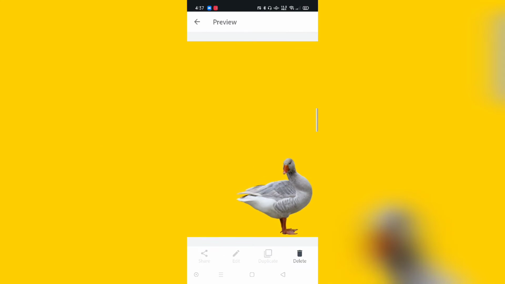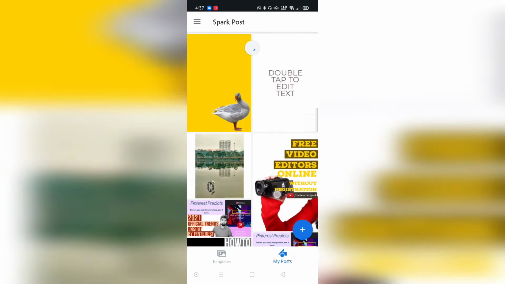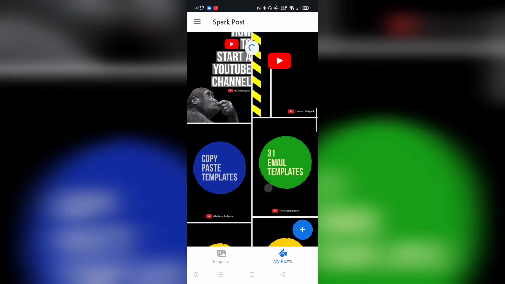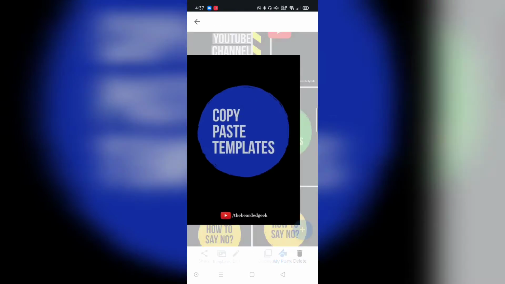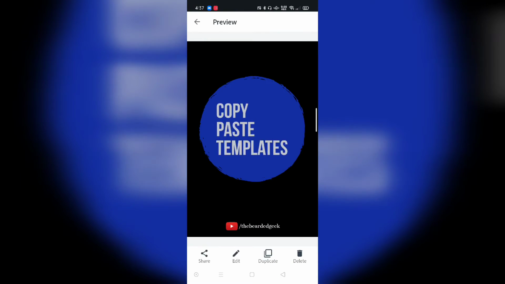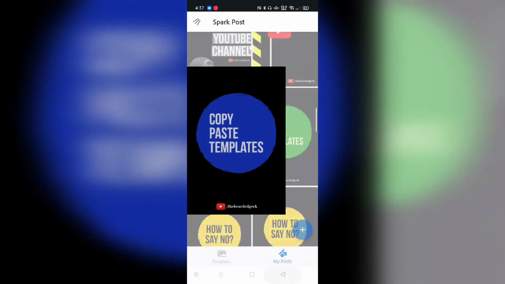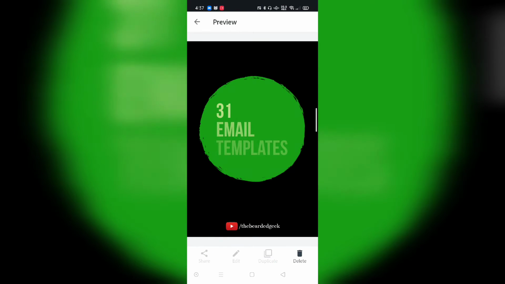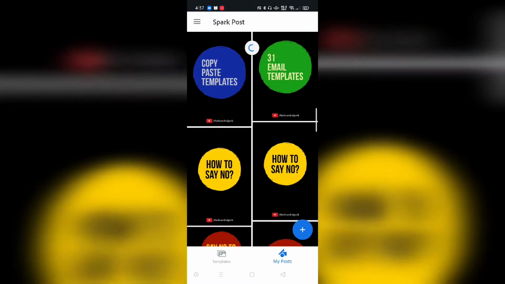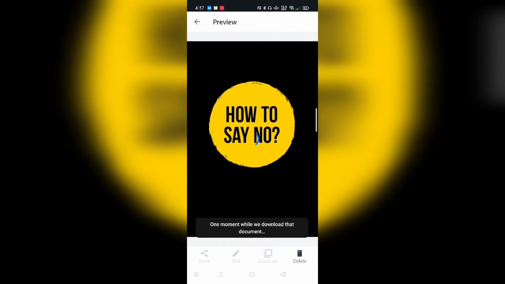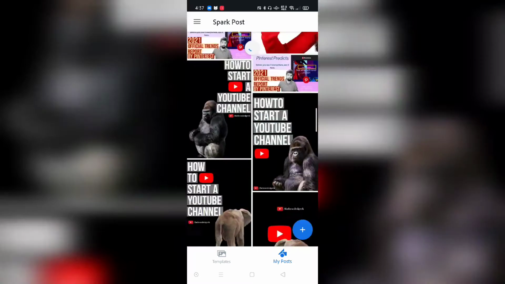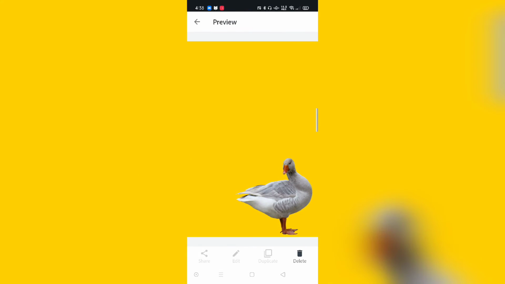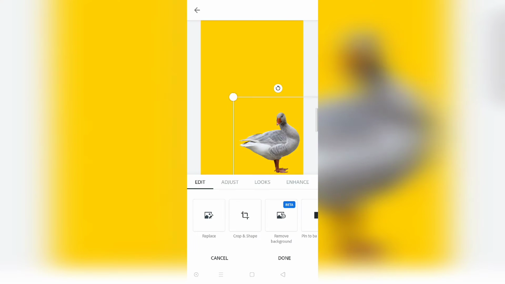Alright, so coming back to this thing, you can also create it as simple as this, without the elements. I have not used anything. You can probably create a curiosity in order for people to click on your pins, and just make it as simple as this. 31 email template is gonna probably strike someone else's. How to say no, like how do you exactly say a no? It might cause curiosity. I'm not saying it is going to, but it might. Coming back to this particular creative, I have just added this duck here,